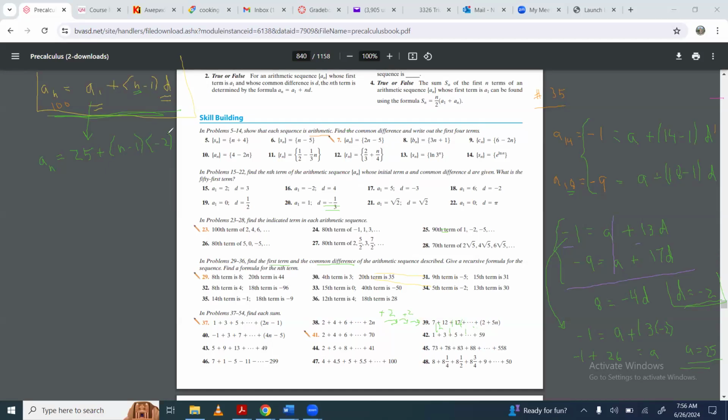See, we always distribute this -2 to make it look nicer. So like that, and the answer will be 25 plus -2 times n is -2n, and then -2 times -1 is +2, right? So my nth formula will be 27